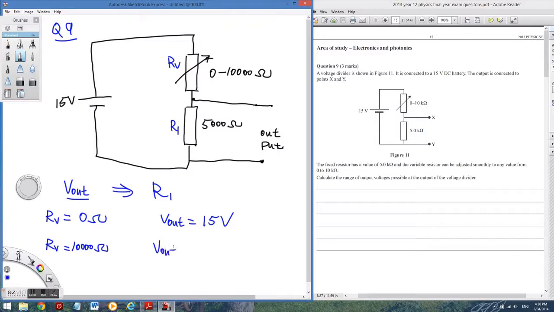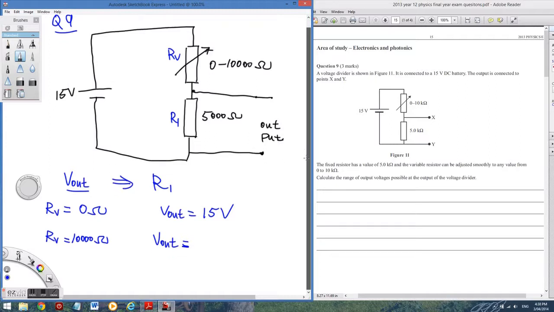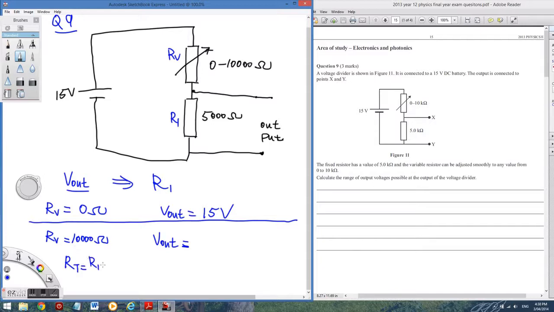Okay, so we can do it a number of different ways. Okay, so let me do the year 11 way first. Okay, so I need to find the total resistance. Let me delete it. Okay, the total resistance will be R1 plus RV, 15,000. Okay, and the current in this case will be V divided by the total resistance. Okay, 15 divided by 15,000 will be